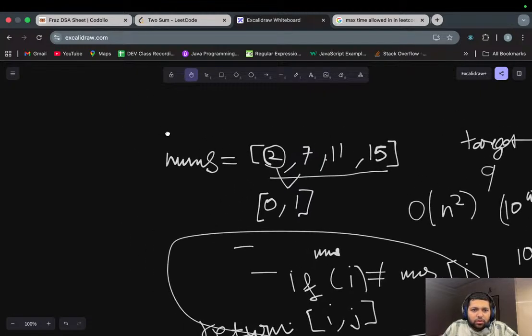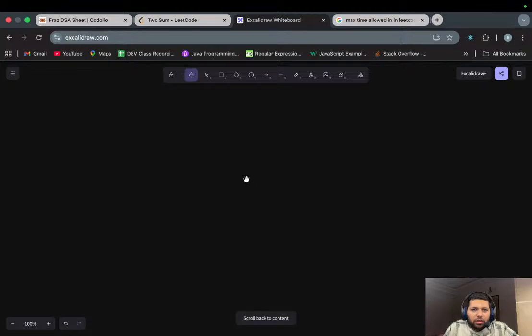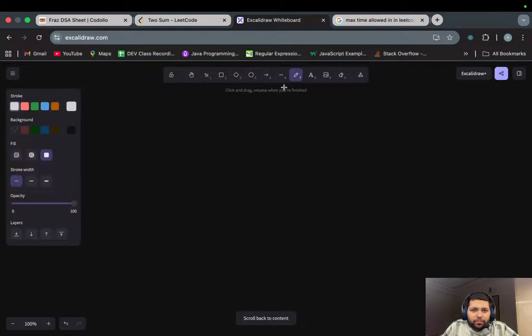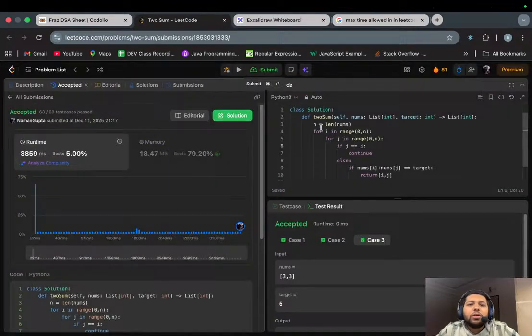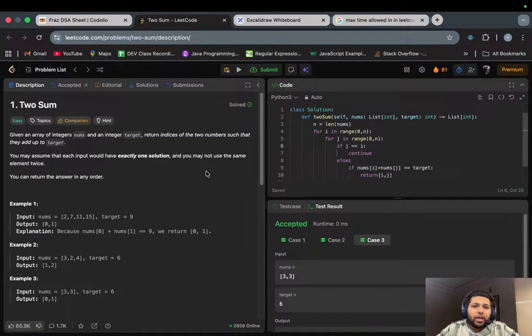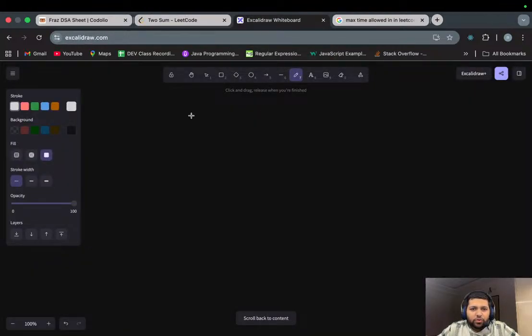So, yeah, I have studied hash maps and sets a bit. I don't have mastery on them. But in this question, we need to use a hash map to get a better output. Let me explain. What we will do is we have 2, 7, 11, 15,